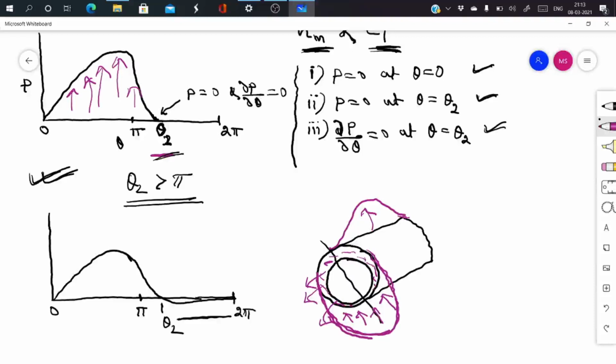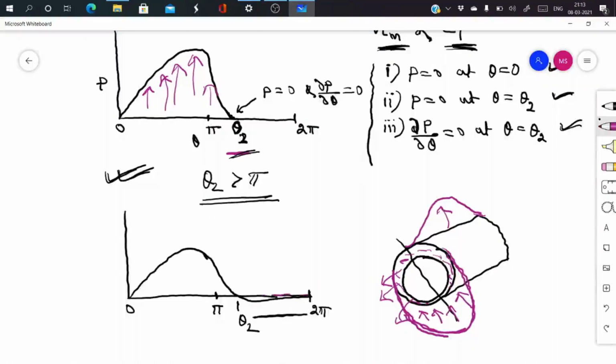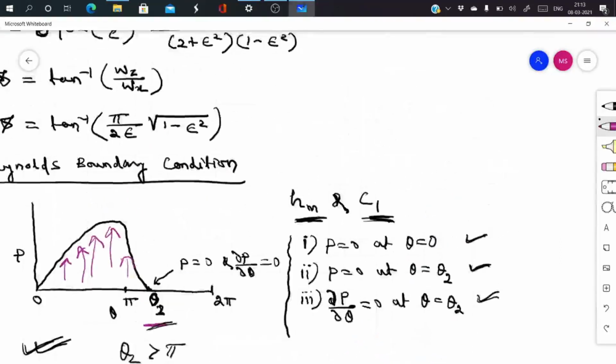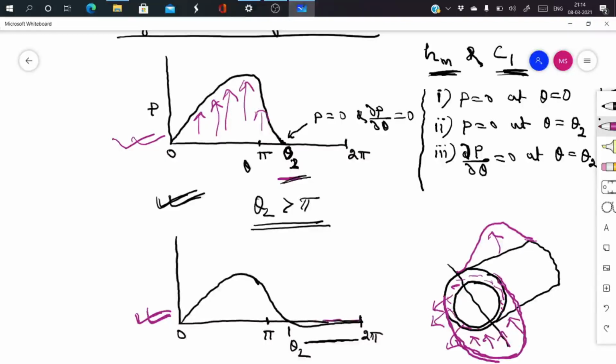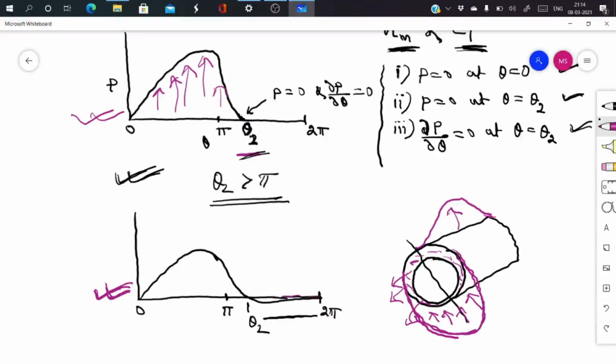If in the top zone there is no negative pressure, it will not suck the fluid from the reservoir. Okay. So if the reservoir pressure is assumed to be 0, and if you do not have any negative pressure in the bearing, then fluid will not flow from 0 to 0. It is difficult. So therefore this is the most accurate one. Okay. But using the Reynolds boundary condition gives a very close approximation, but this is still better than that. This is called the JFO cavitation condition.